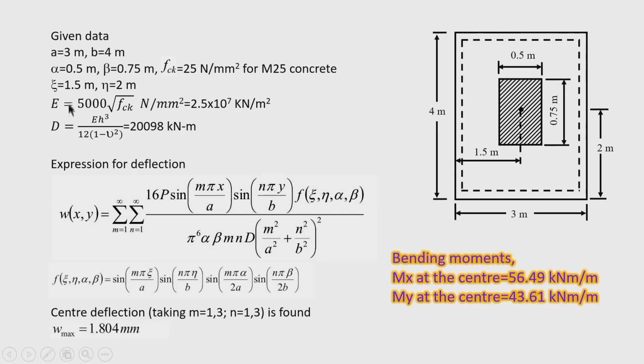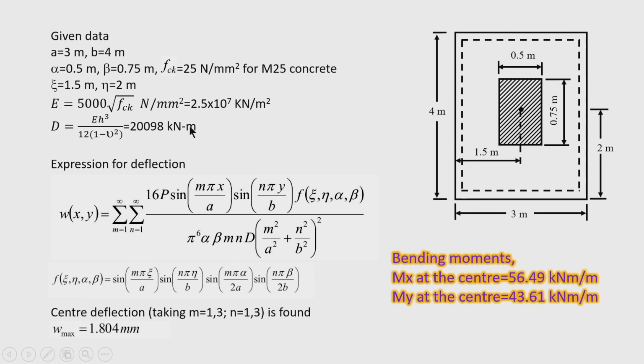This is the empirical formula, we take the help of this formula to calculate the modulus of elasticity: 5000 into root fck. So, it is calculated as 2.5 into 10 to the power 7 kilonewton per meter square, because this quantity is in Newton per millimeter square, so converted into kilonewton per meter square. Flexural rigidity D is coming out as